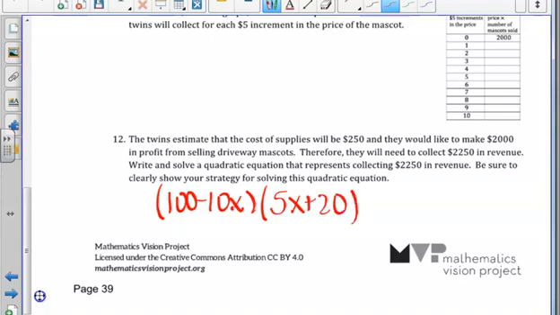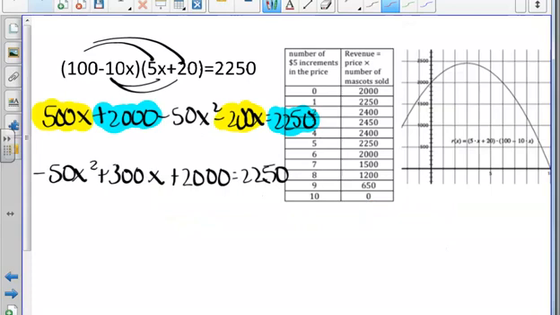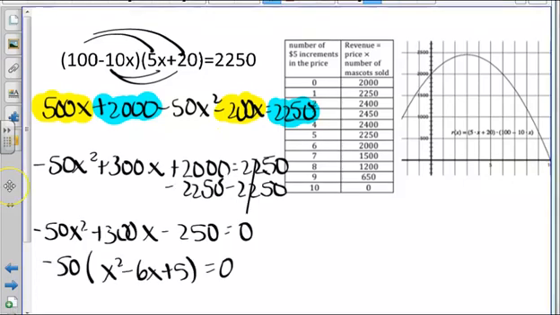But the twins want to make a minimum amount of revenue of $22.50. That would mean that we would have to multiply these two functions and set it equal to $22.50. If I skip to the next page, I've started that math for us here on the left. I've distributed the two functions, and I've simplified to get the function negative 50x squared plus 300x plus 2,000 equals $22.50. If I subtract the $22.50 from both sides, I'll be left with the equation negative 50x squared plus 300x